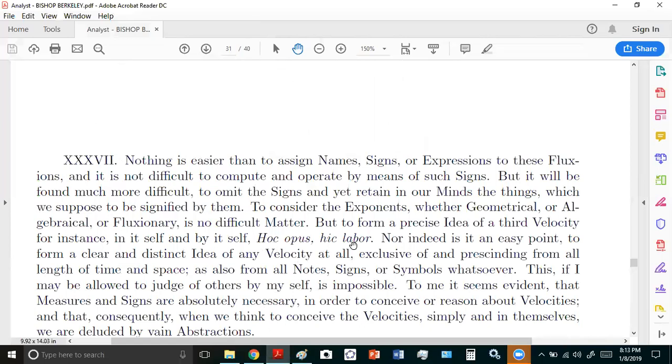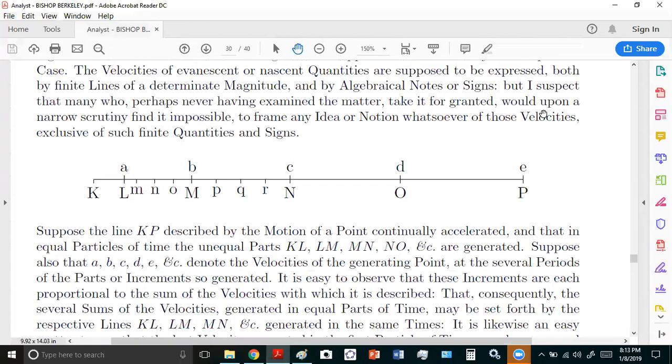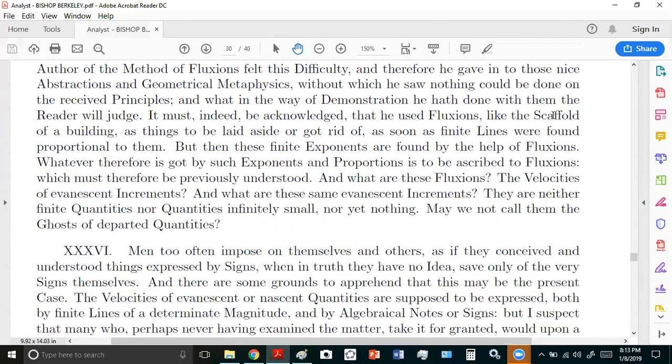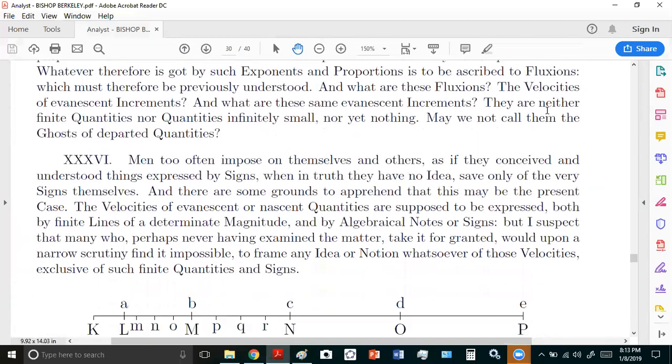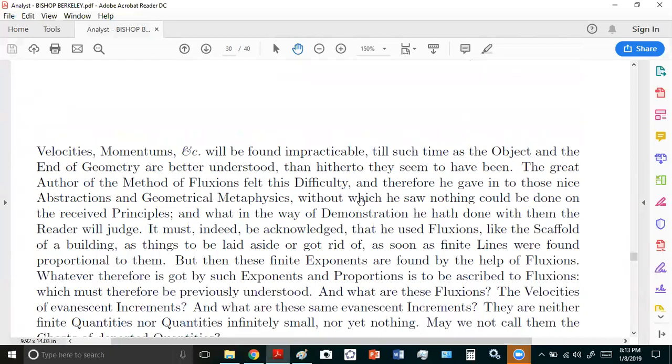Now, another important work that I read when I was still in my teens is the work by Bishop Berkeley. And it's a fascinating work that he produced, asking many incredible questions. For example, if we read this paragraph here, it says, men too often impose on themselves and others as if they conceived and understood things expressed by science, when in truth they have no idea, save only of the very signs themselves. And there are some grounds to apprehend that this may be the present case. And then he talks about Newton's ideas of fluxions and fluents, and